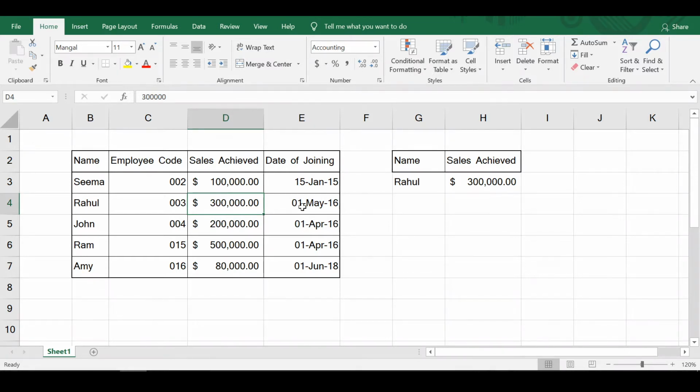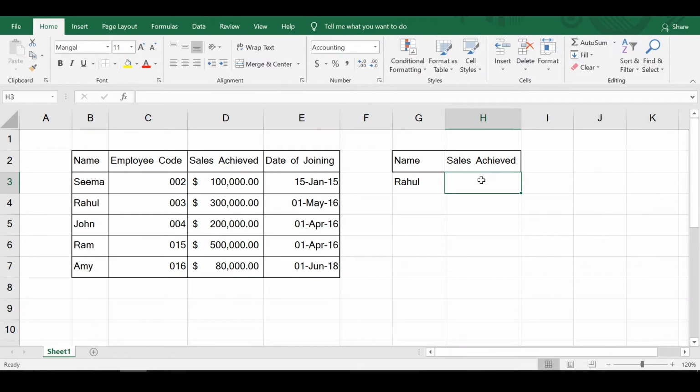So now that we have a fair idea about how Excel executes VLOOKUP, let's look at how to write the formula and how to use the syntax. So let me first delete this manual writing, and one more thing: which is the cell where we should write the formula for VLOOKUP? It is that cell where we want the data to be retrieved ultimately. Because we want the sales achieved by Rahul figure to be placed over here, this is the cell where we should type the VLOOKUP formula.